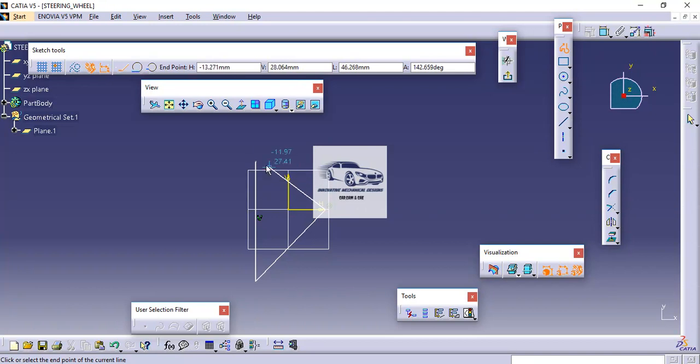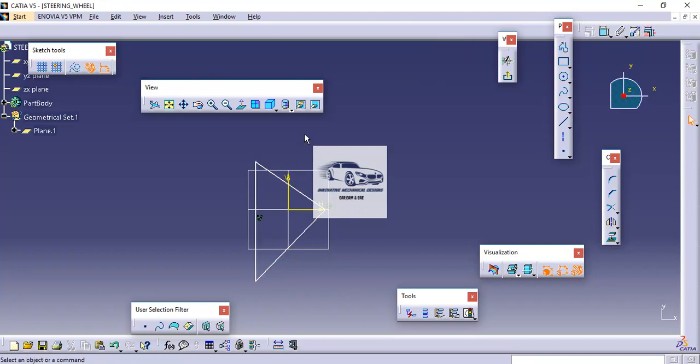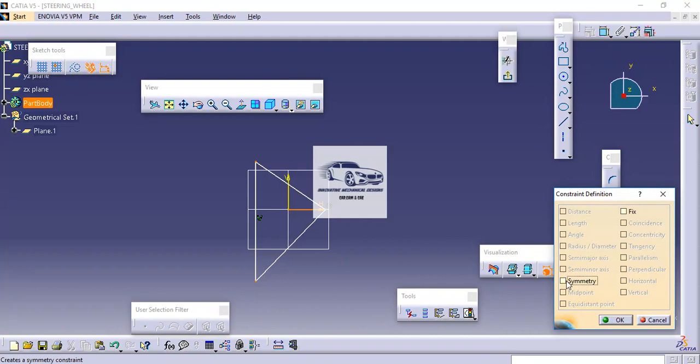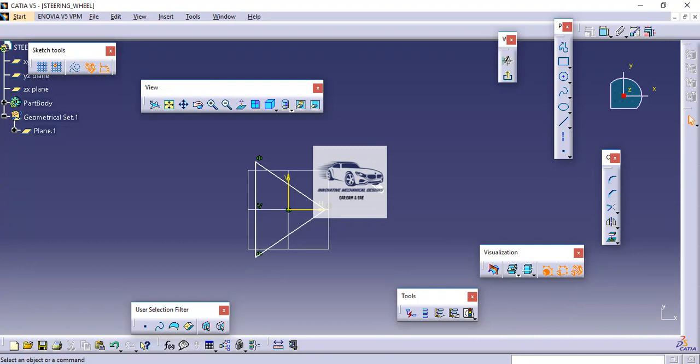and start from either side of the central axis, and first of all complete the triangle like this. Now next I will make these 2 points symmetric from the center. So here we will go to the Symmetry option to select the same, OK, and then now we will input the dimensions. So here I will input the vertical distance, and now I have to give the horizontal distance.